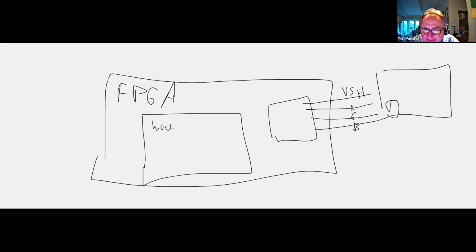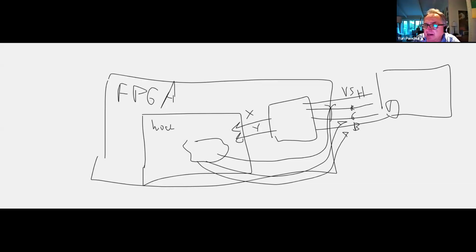When you create some design here, you just get coordinates x and y coming from this controller, and then you generate this red, green, and blue. So we need for each x and y to generate appropriate red, green, and blue, right?